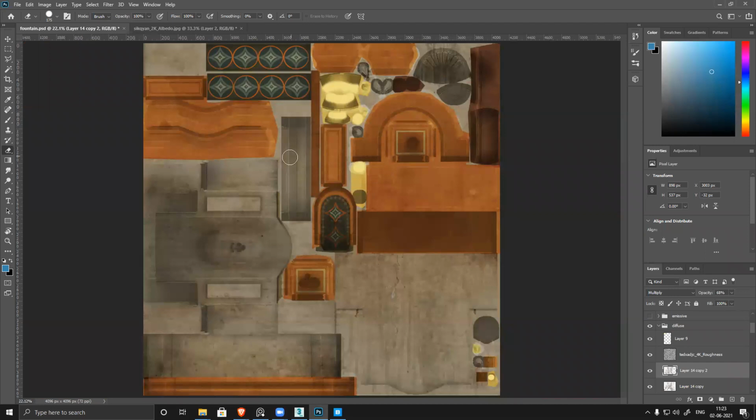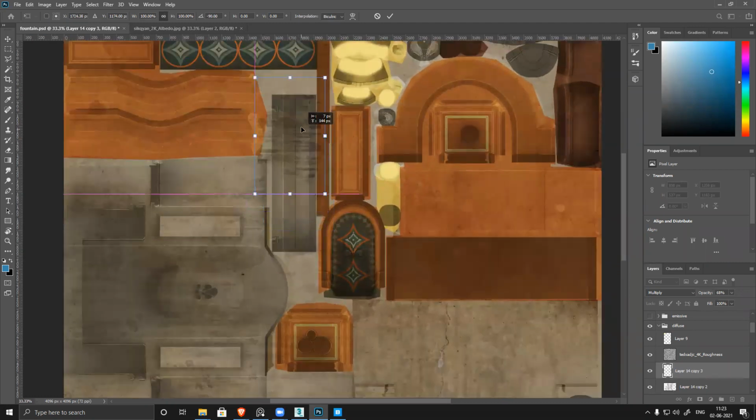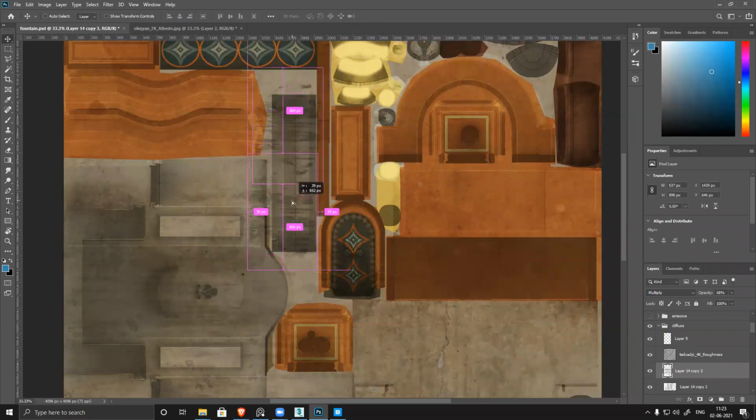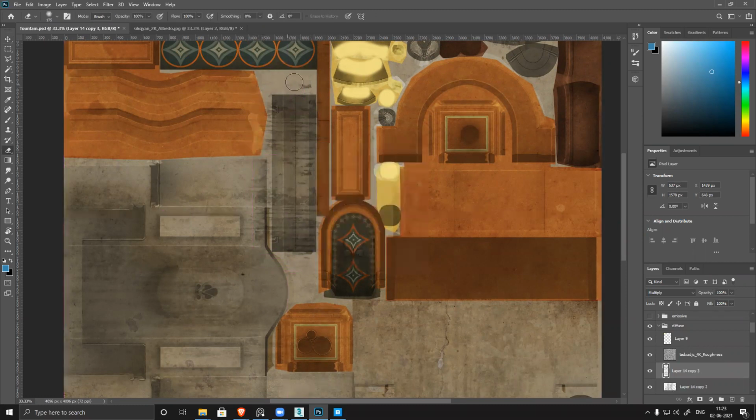Where is it? I believe this one. Merge, eraser, soft brush.